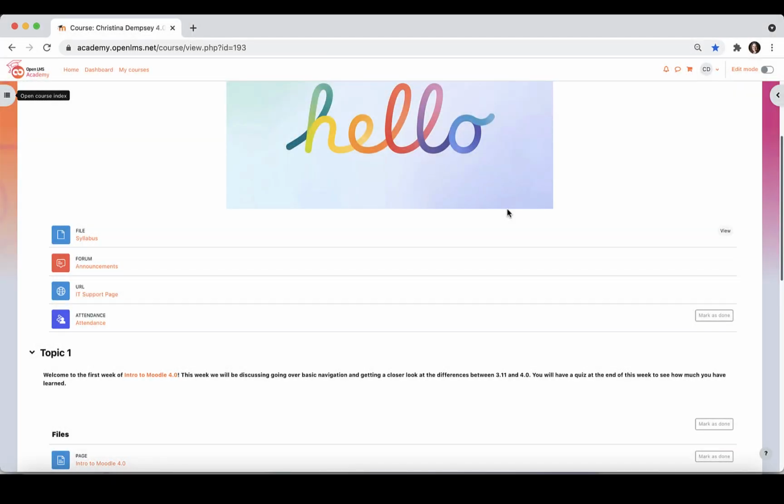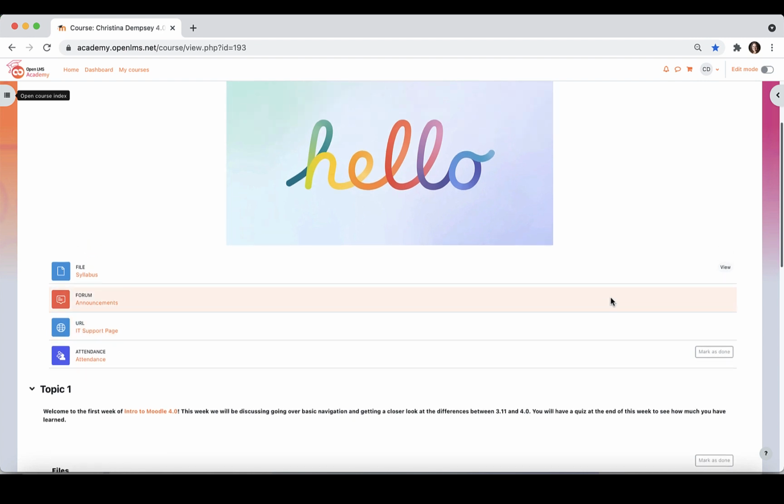In this video, we're going to talk about how you can use the restrict access feature and how you can partner it with activity completion in your course. Sometimes faculty will use the restrict access feature to limit student view on certain items until they've reached certain criteria that comes before it. So for example, maybe you have a quiz that you are giving to the students, but you don't want them to access it until they've completed the items that go along with that to prepare to